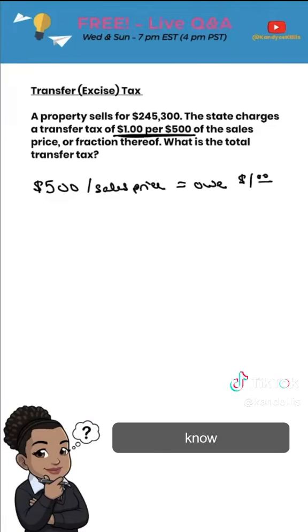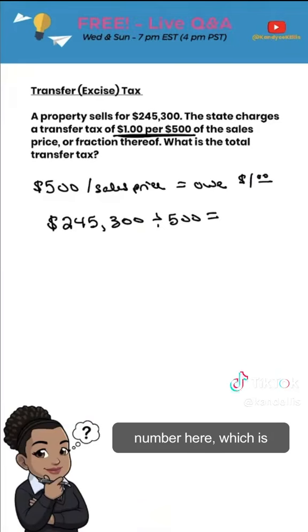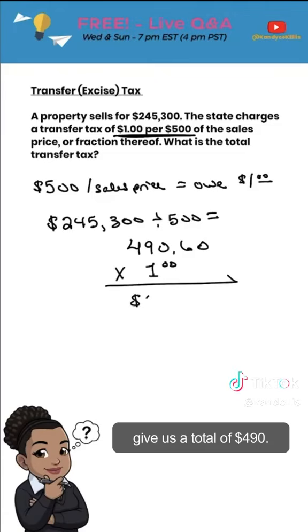That means we need to know how many 500s there are in $245,300. To do this, I'm going to take the $245,300 and divide by 500. That's going to give me a number here, which is 490.6. That is how many 500s. If you needed $500 bills, it would take 490.6 500 bills to get 245,300. Well, that's great because we know we're going to pay $1 for every 500, which would give us a total of